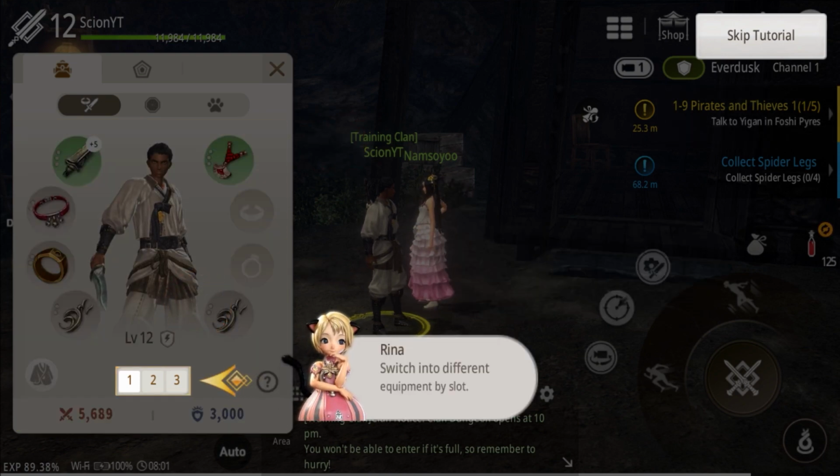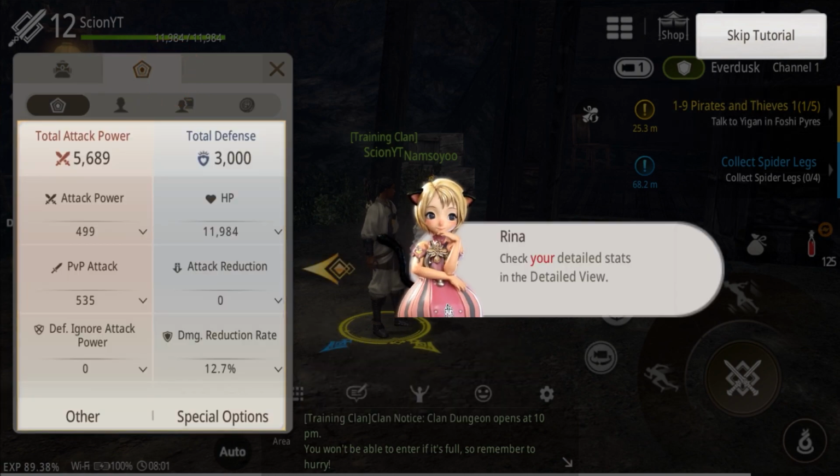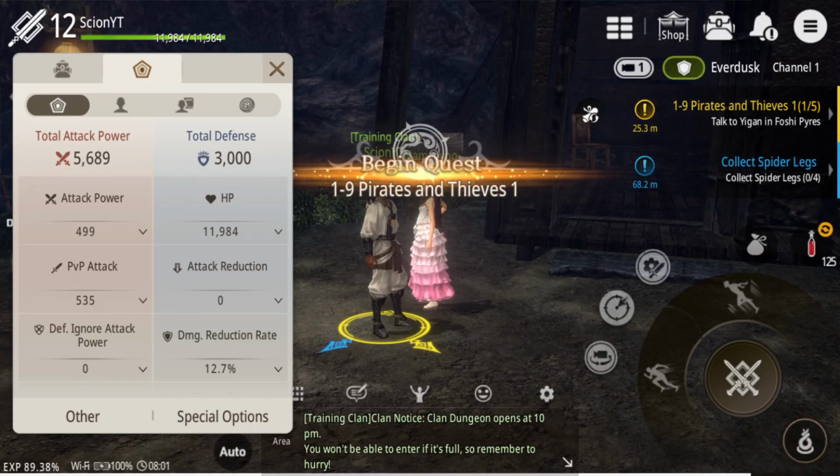Switch into different equipment by slot. Check your detailed stats in the detailed view. Equipment plays a key role in increasing...